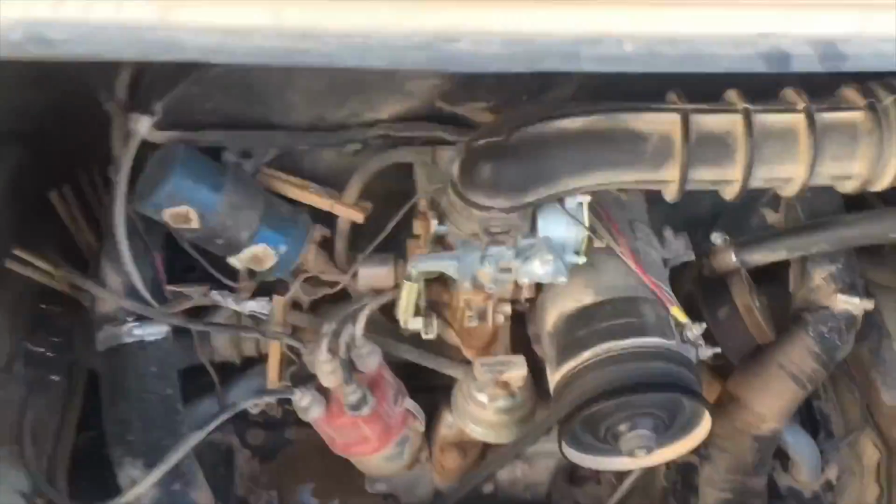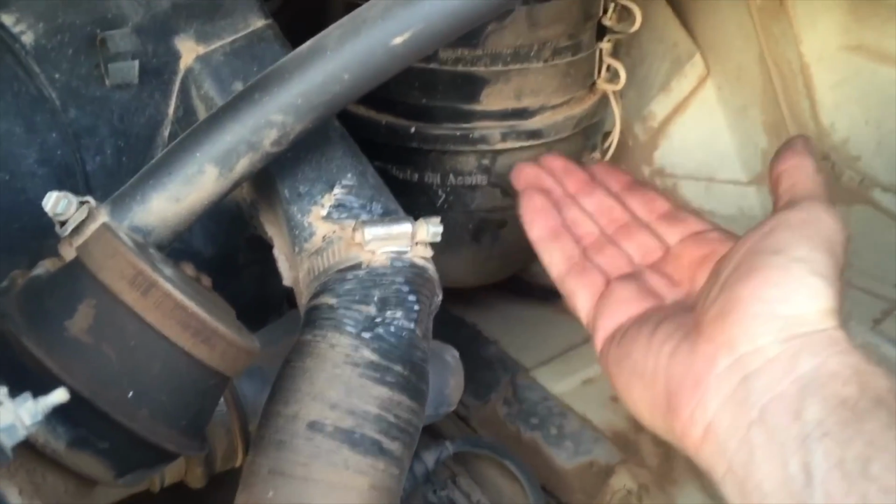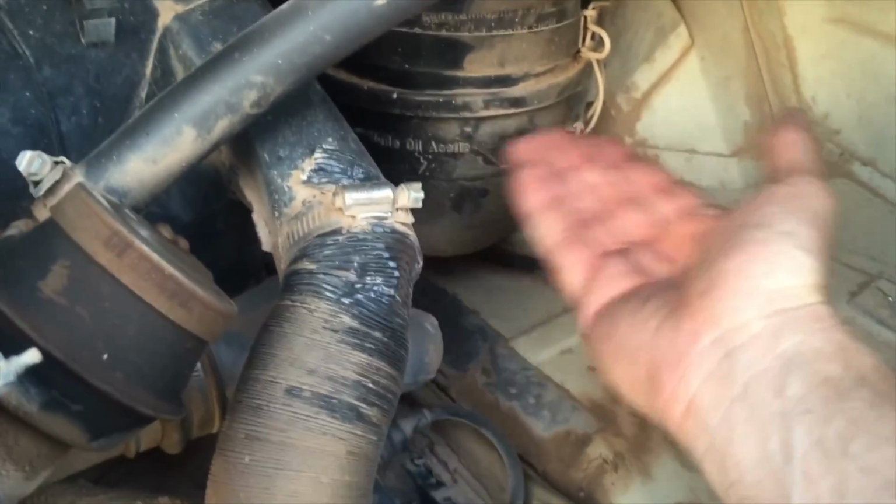So hey guys, this is a tour of the running engine. It's going to be a little loud. I'll give you a little tour here. This is actually the air filter. It's called an oil bath. There's a pool of oil down here and a metal filter with some horsehair fiber and other fibers in it. Air goes through this